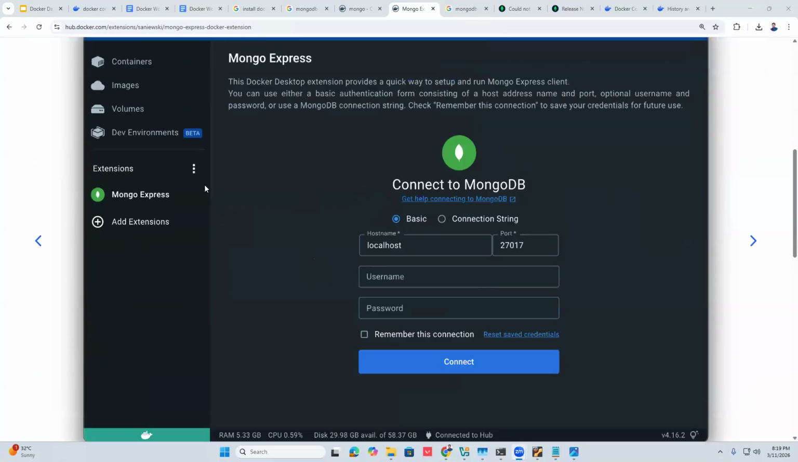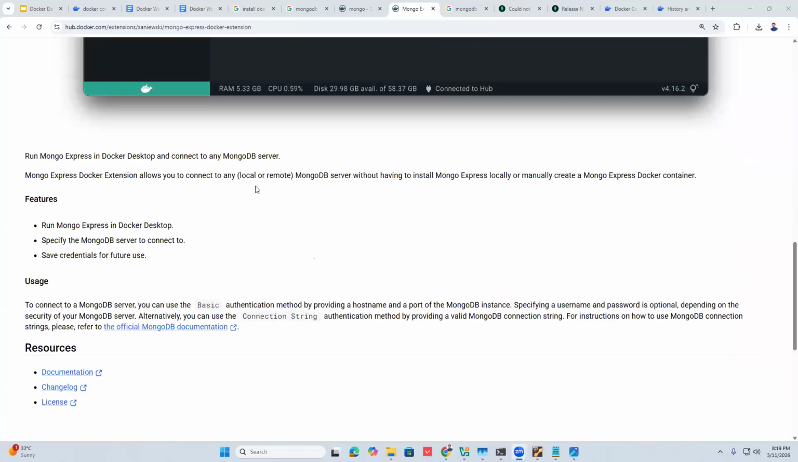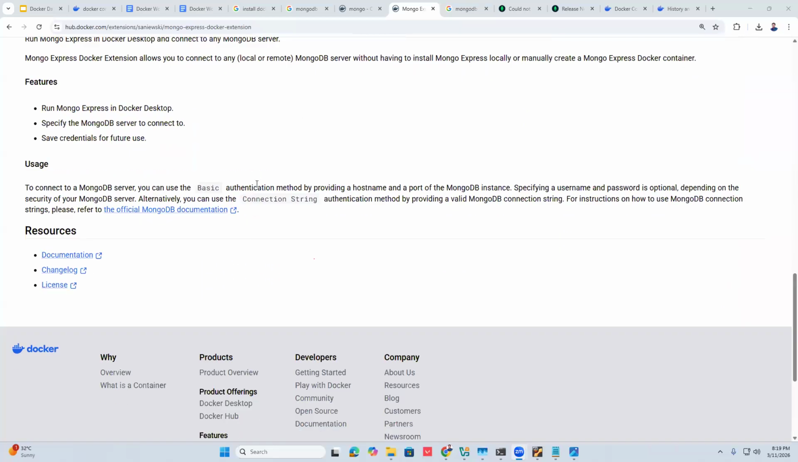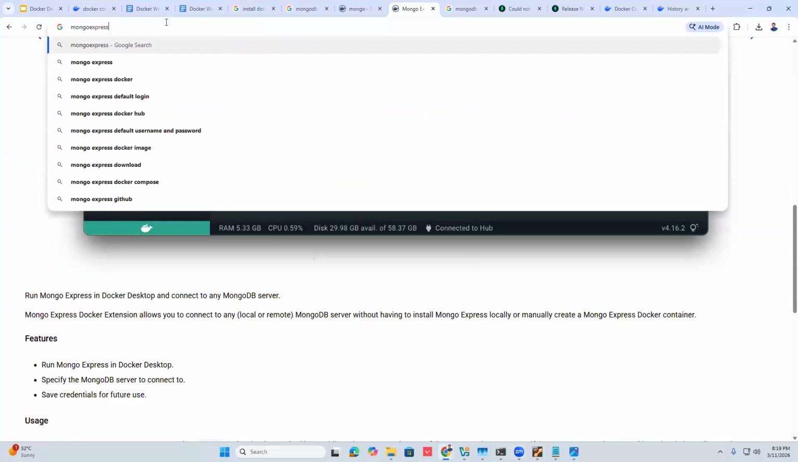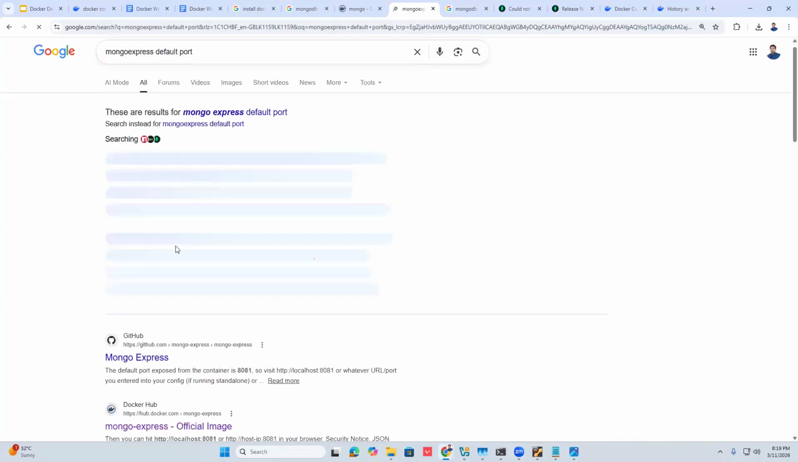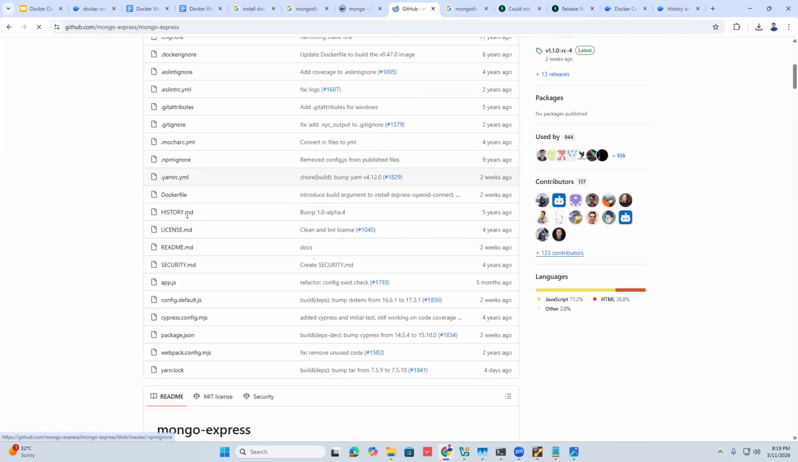Mongo Express මේක web එකේ run වෙන හින්දා අපිට ඕන නම් 80යි 80ට හරි 80යි 81ට හරි දාන්න පුළුවන්. Let me search Mongo Express default port. What they are saying in GitHub is